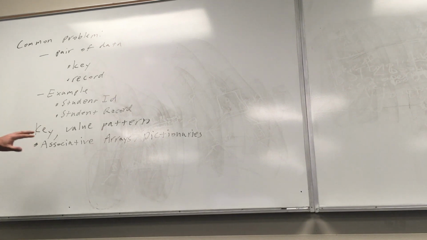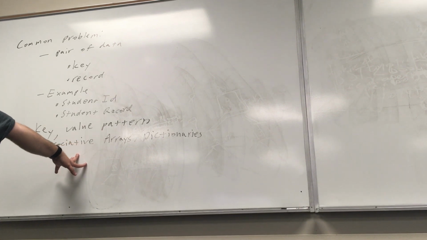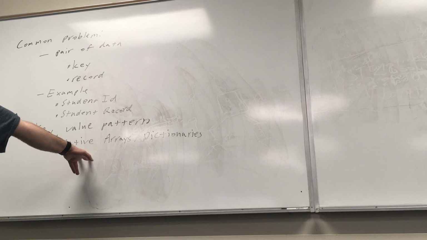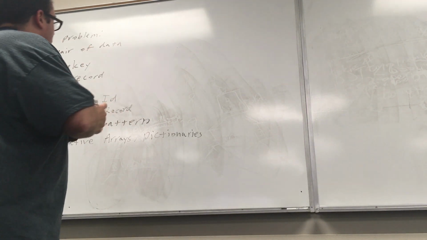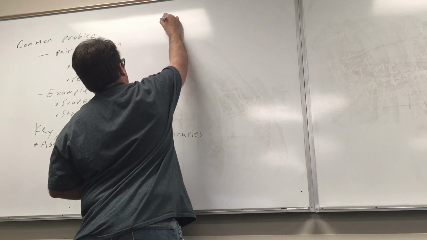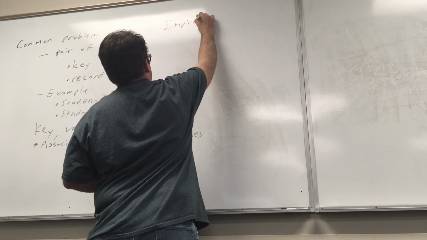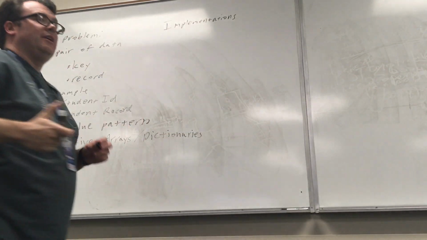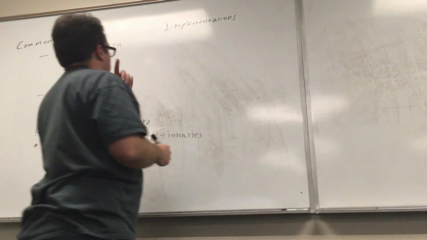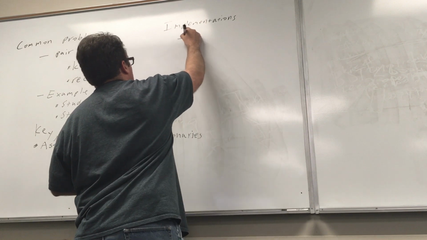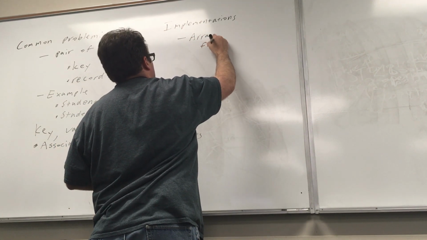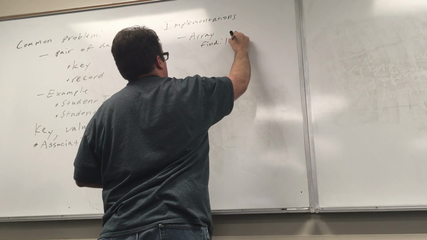So, if we want to build something like this, you could build something like this very easily by just making an array, and then every time you wanted to find it, search through it to look for it, right? So we could implement this in a variety of ways. One way that we could implement it is as an array, and then finding one of these things becomes a linear search operation,